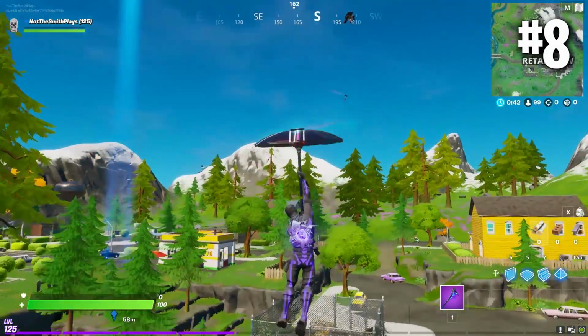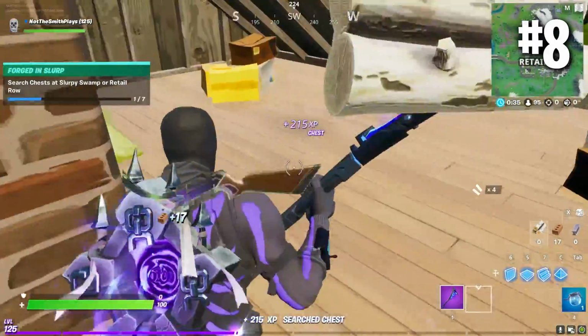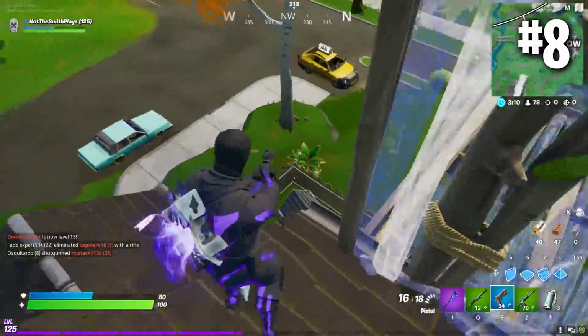So I would say that Retail Row is pretty similar to Pleasant Park. A seemingly similar number of buildings, material gathering opportunities. It's pretty average. But Retail Row has a total of 20 chests, which may not sound like a lot, but can make the difference. And on top of that, unlike Pleasant Park, Retail Row is next to a really big